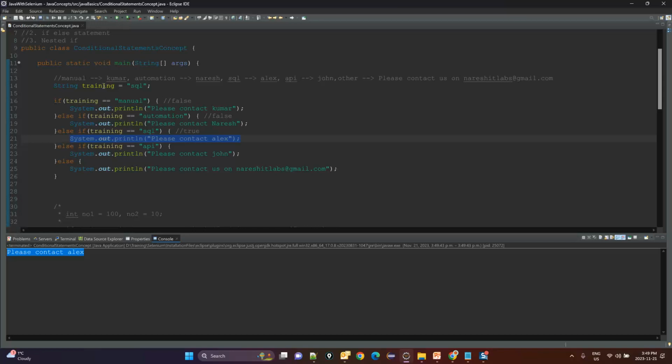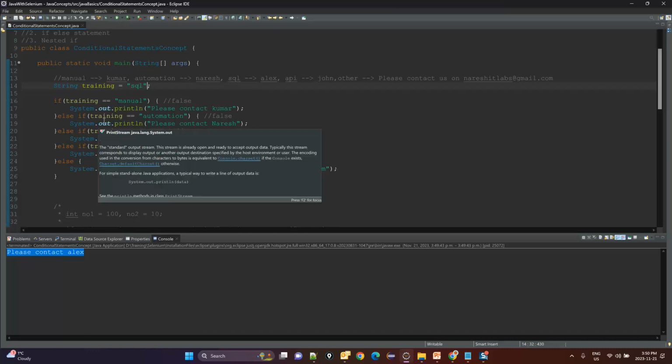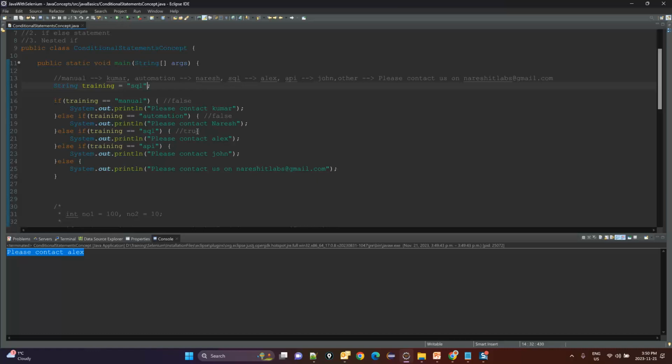So here, to have a closer look at the execution, what I am doing is inserting a breakpoint. There is a concept called breakpoint. So what is a breakpoint, and what is the benefit of a breakpoint? Before we understand about a breakpoint, suppose